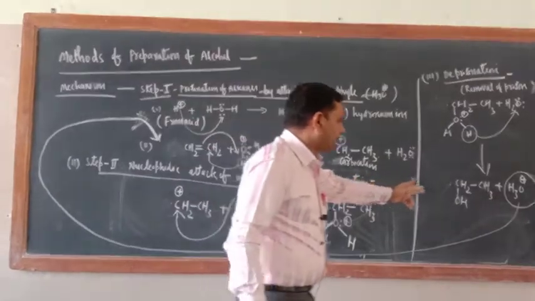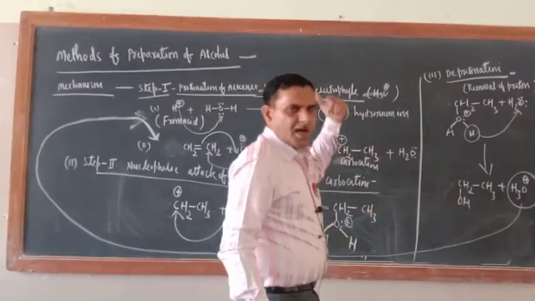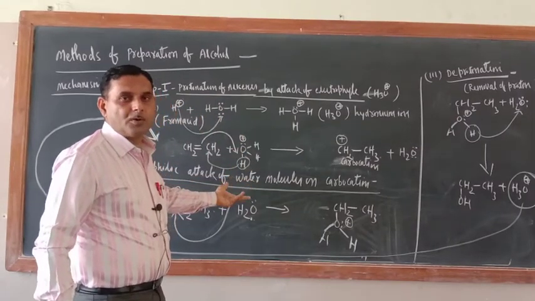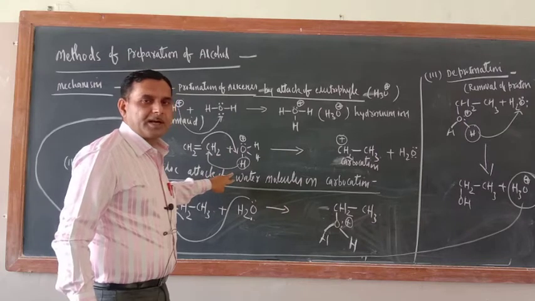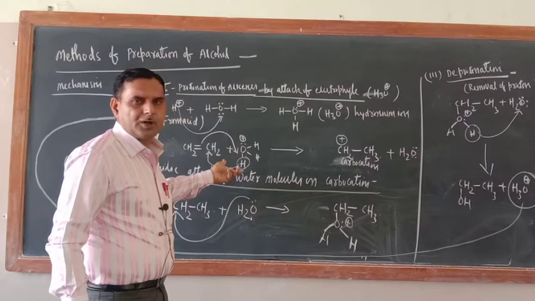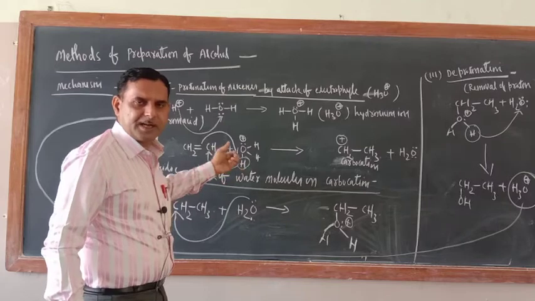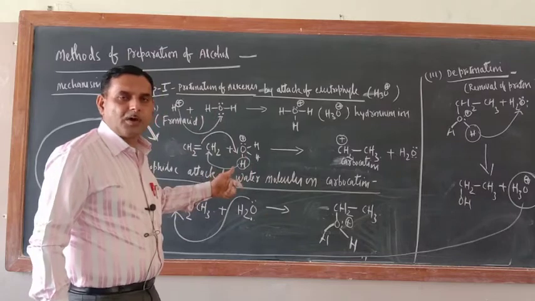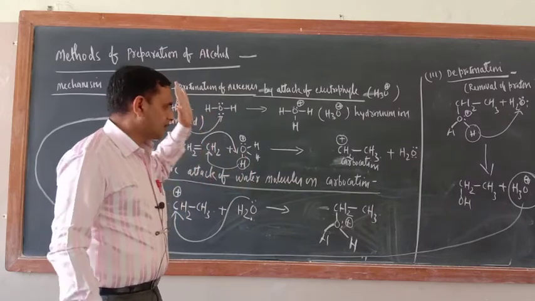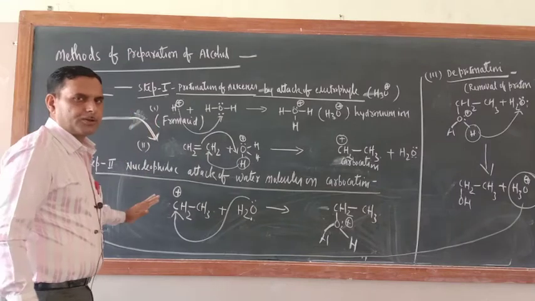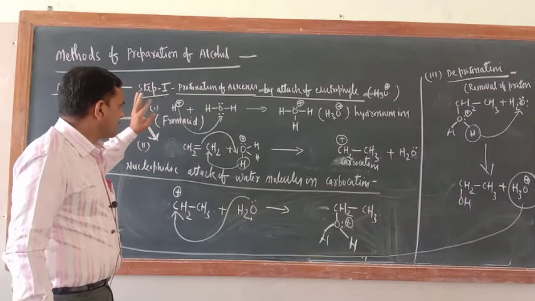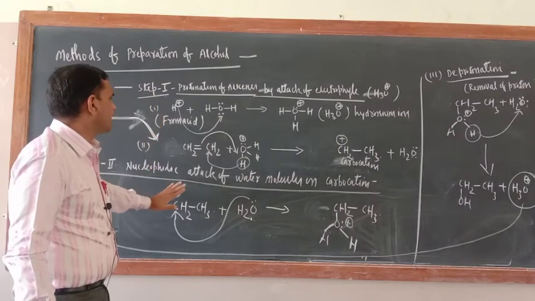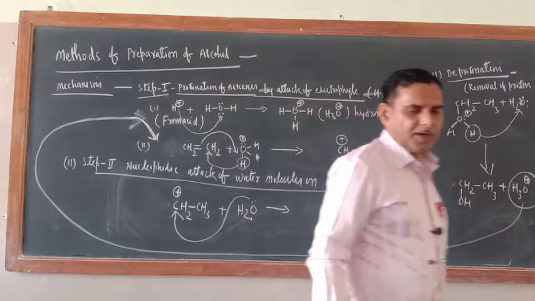With the 2 carbon atoms you have got ethyl alcohol, CH3 CH2 OH, and in the case of the 3 carbon alkene, you have got propan-2-ol. If you are taking a 2 carbon alkene, there is no case of Markovnikov addition, because that is an example of a symmetrical alkene. But if you are taking a 3 carbon alkene, then you have to follow Markovnikov addition. So with the 3 carbon alkene and with the 2 carbon alkene, the mechanism is over.